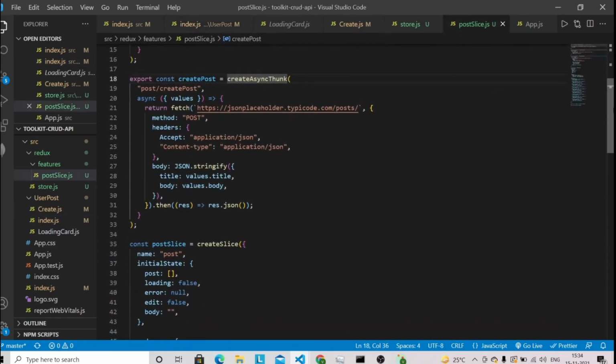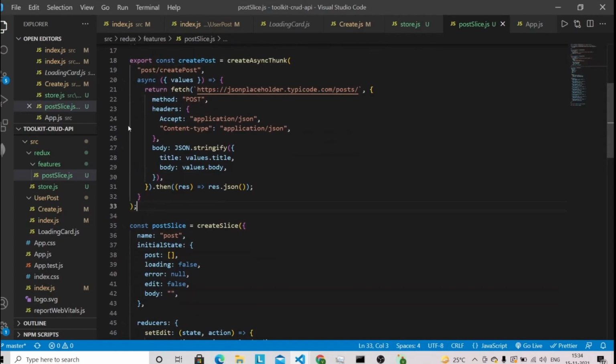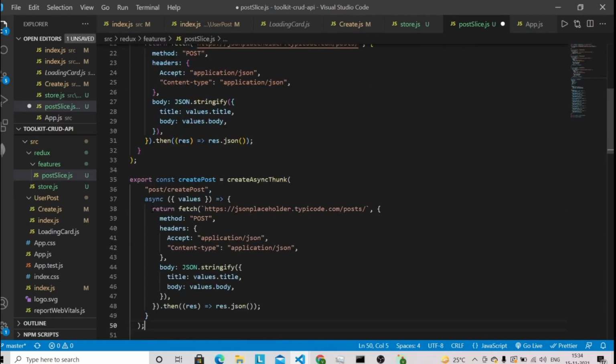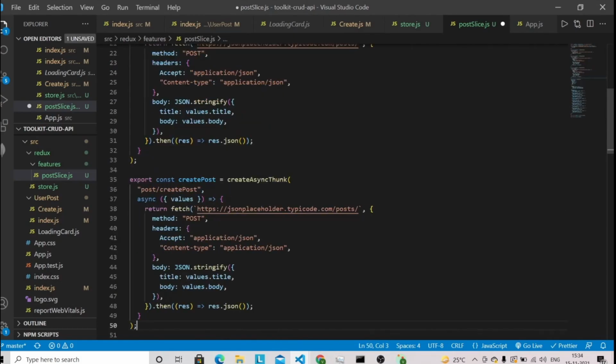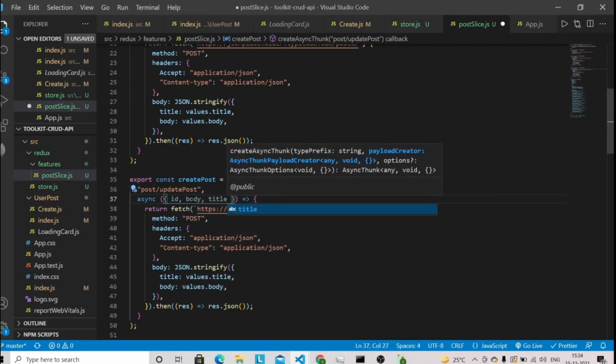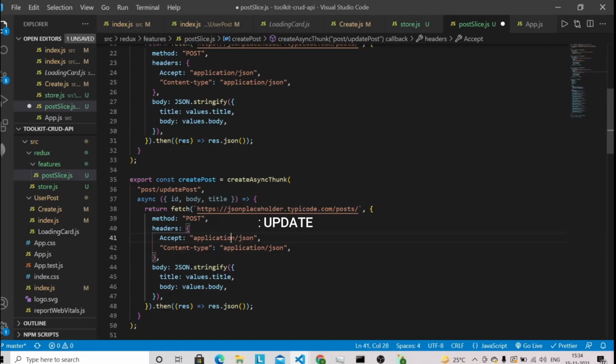Here I'm just going to copy this entire line of code for creating the post, paste it here, and update it. So this will be the update post, the action type will be update post, and we are going to receive id, body, title from our UI component.